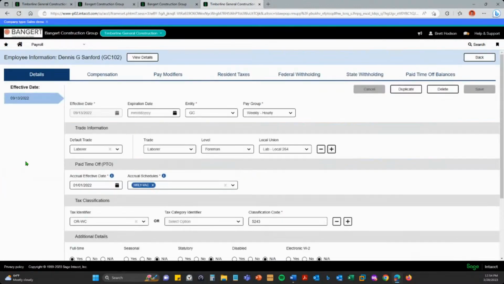He's a laborer. I can see the effective dates for his benefits. There's also the ability for the system to actually calculate PTO and store it and have you guys take it, something we've really never had in our payroll systems before. The ability to do reciprocity, multi-state payroll, all that kind of stuff is here too.